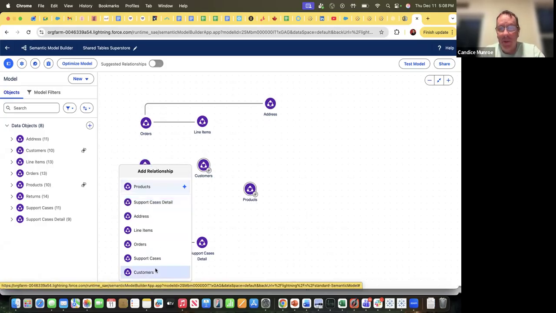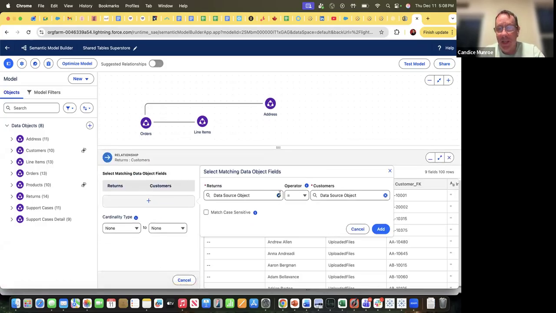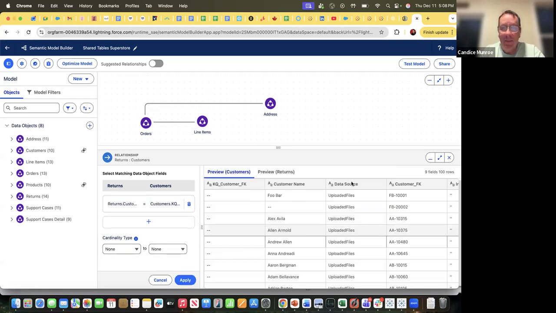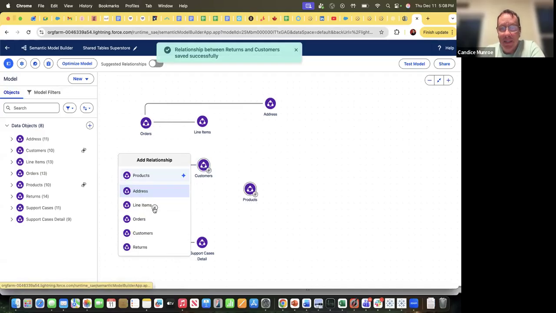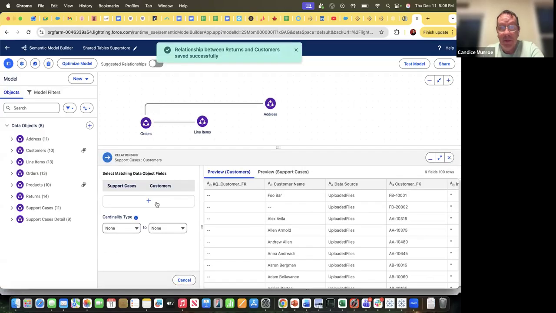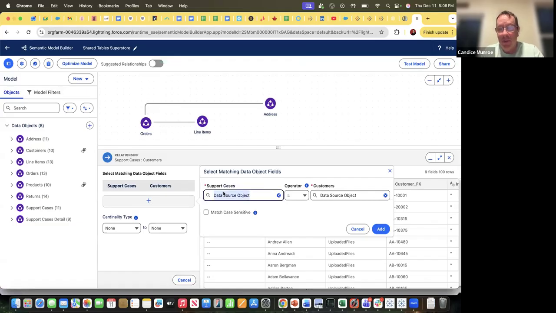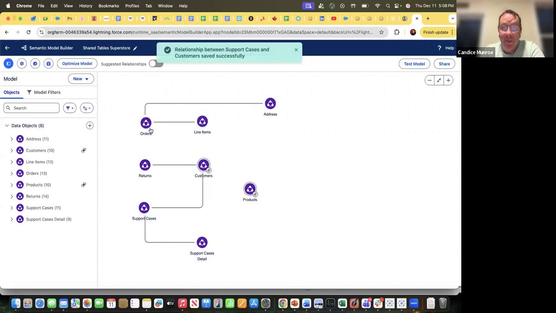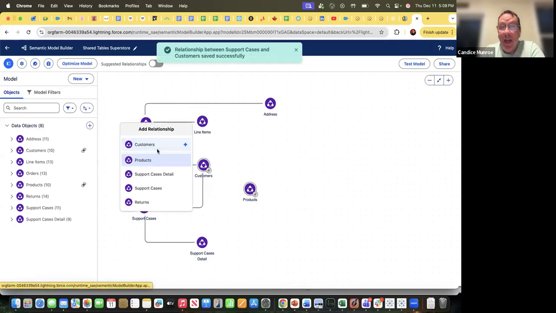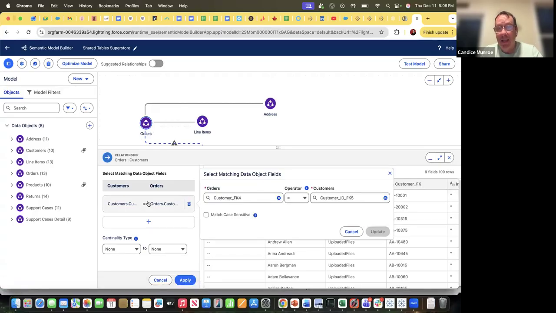So customers do returns, right? We're going to look at what that is. It's going to be customer ID to customer key. I'm going to do that and apply. And then I'm going to say support cases can also go to customers, right? And I'm going to come here and go customer ID to customer ID and then apply that. And then orders also have customers. So I can keep going and keep adding customers,